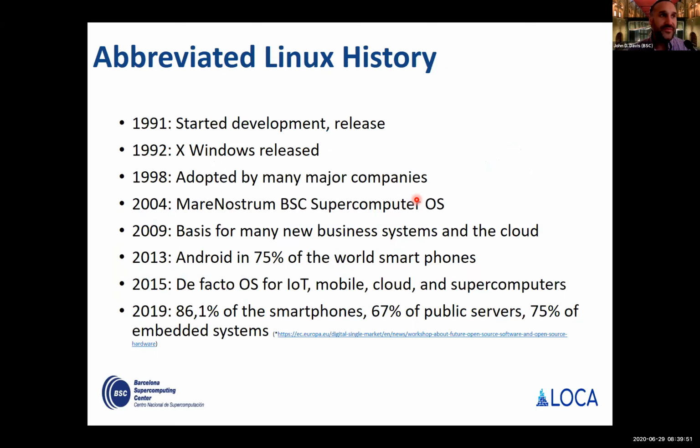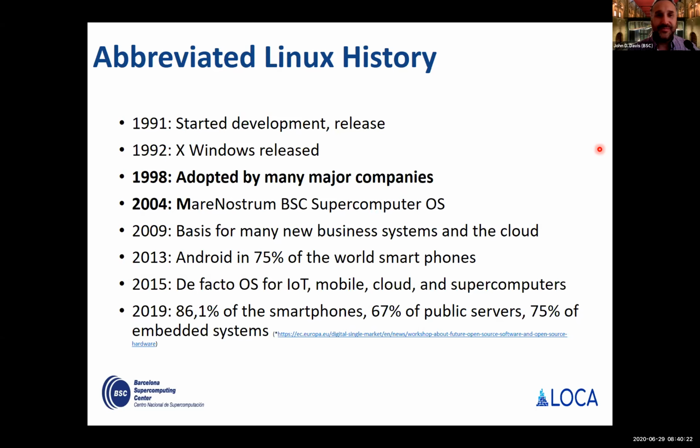So let's start with a brief history of Linux, just to highlight some of the timeline to see where we are today. Obviously it started development in the early 90s, based in Europe. A bunch of interesting components came out, but about 10 years in, we saw an adoption by a variety of different major companies supporting it, or trying to figure out, I think more so, what to do with Linux and how that works. And so that was an interesting inflection point in the marketplace.